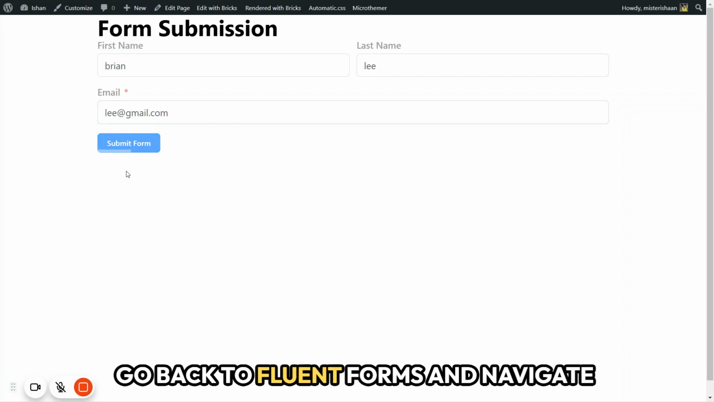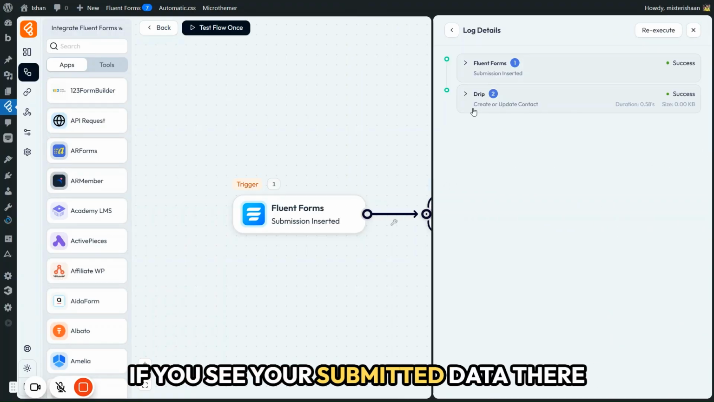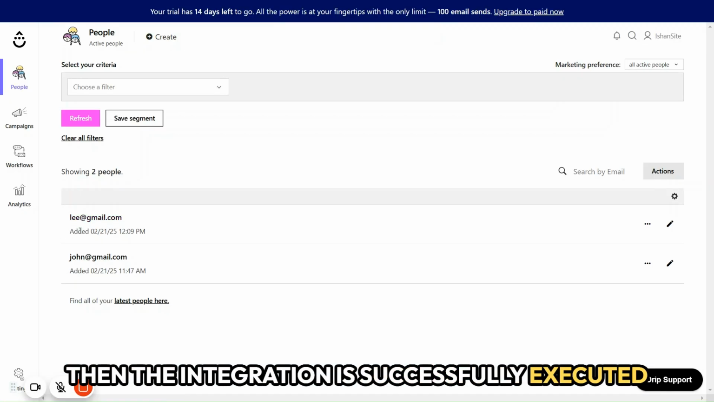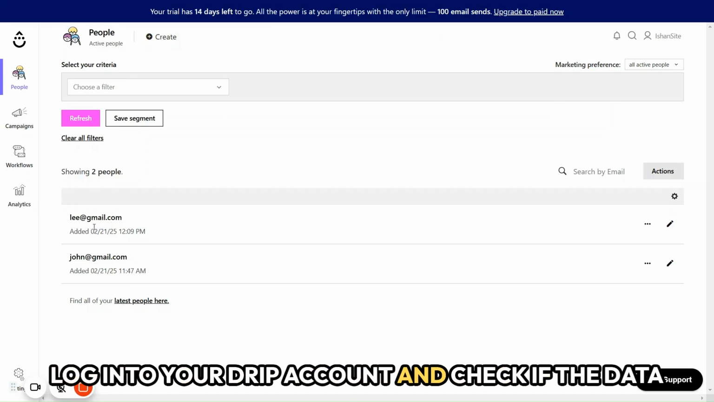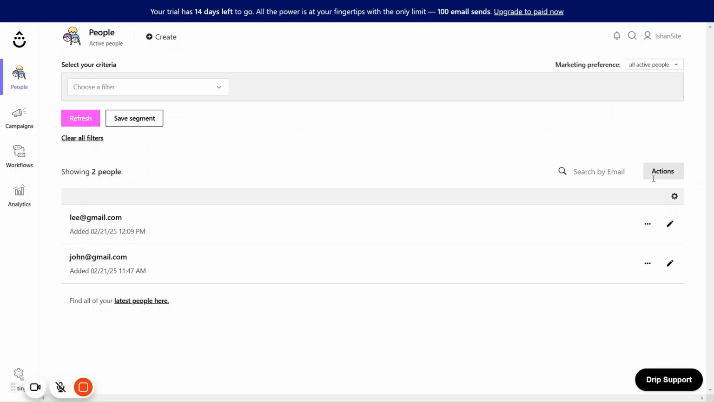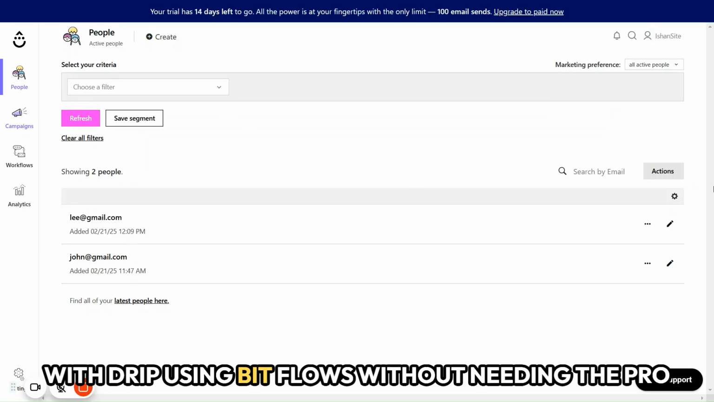Go back to Fluent Forms and navigate to the log section. If you see your submitted data there, then the integration is successfully executed. For double confirmation, log into your Drip account and check if the data is reflected there as well. And that's it. You have successfully connected Fluent Forms free with Drip using Bitflows without needing the Pro plan of